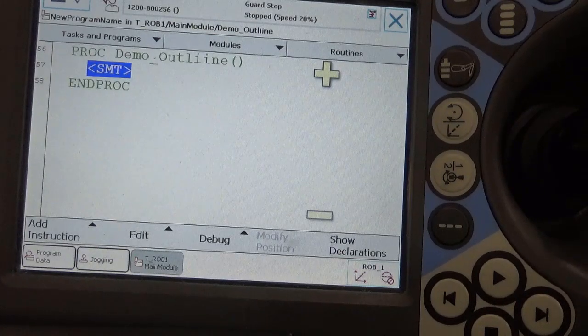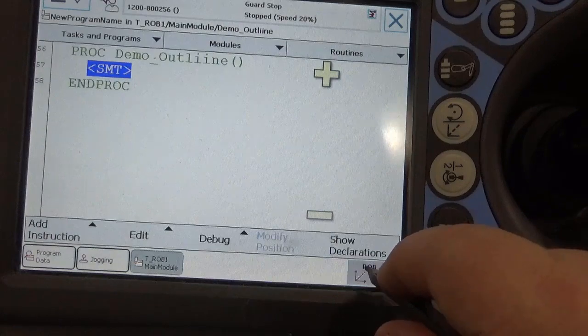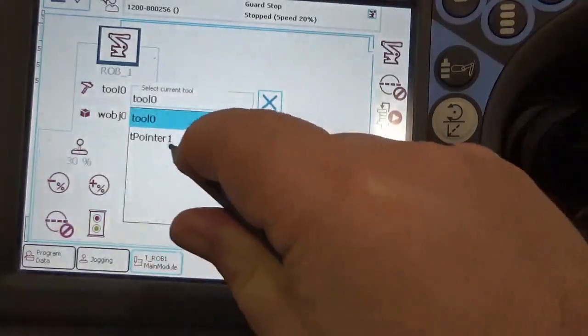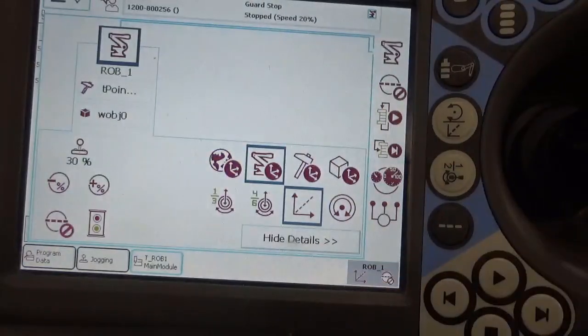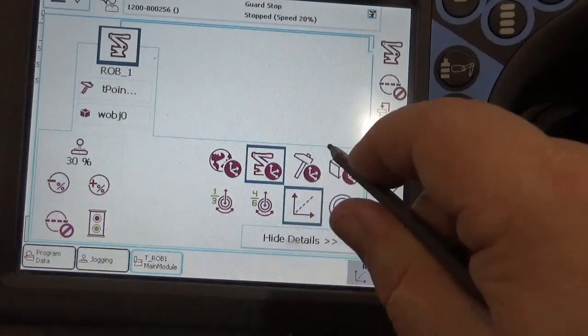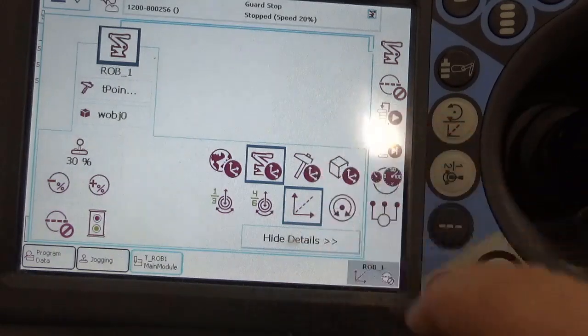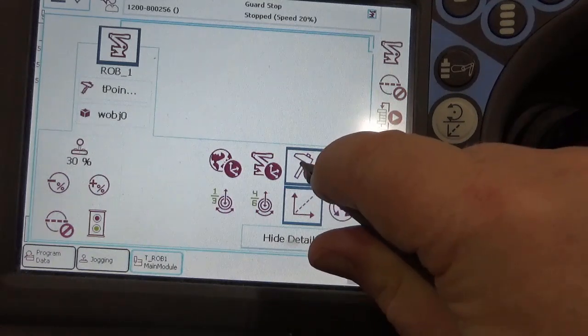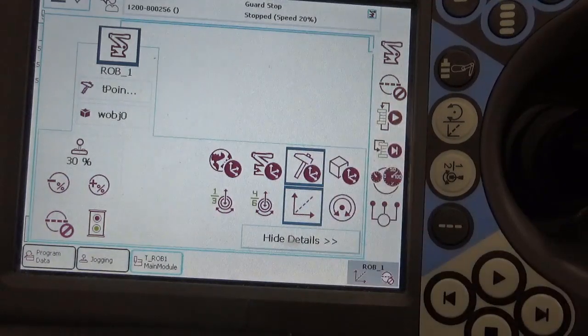Now what I'm going to do, I'm going to make sure that everything I teach from this point on is going to be done in T pointer. And now here's the trick to this lab. I am going to operate in the tool frame coordinate system. So I select tool here. So all my jogging now is going to be relative to my tool. And this is going to become very important. And you're not really going to notice it much when you're jogging